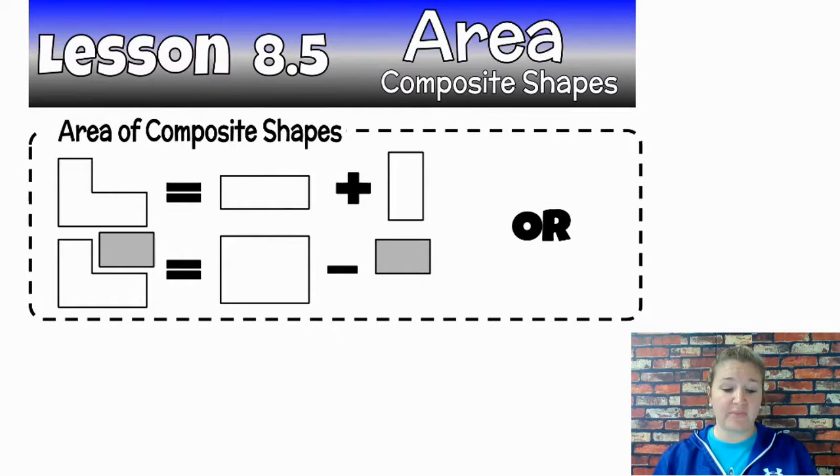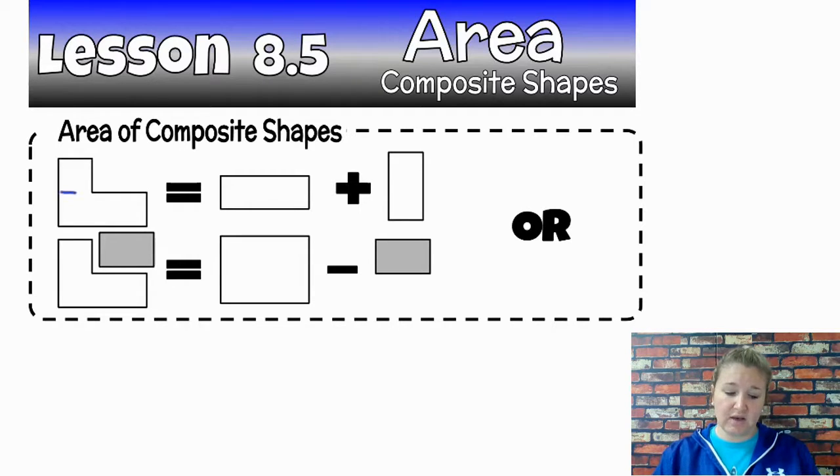Guys, we're going to look at the area of composed shapes. So where you have several shapes, or maybe you have a shape with something cut out from it. So this is a pure example. If I'm trying to find the area of this basically L-shaped rectangle pieces here, I